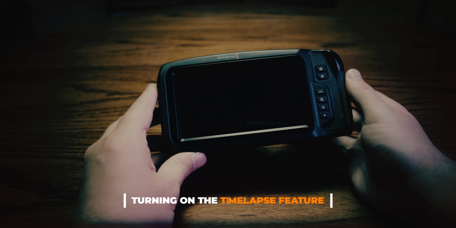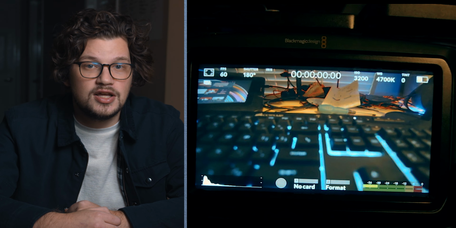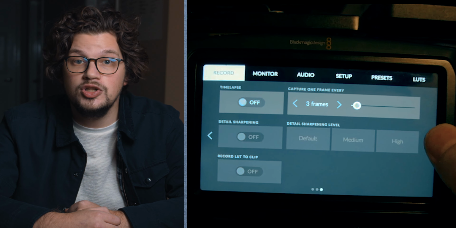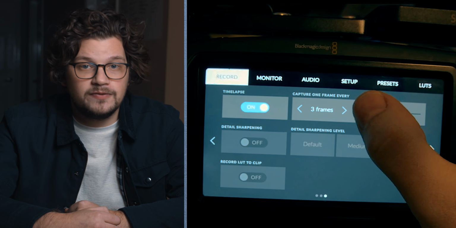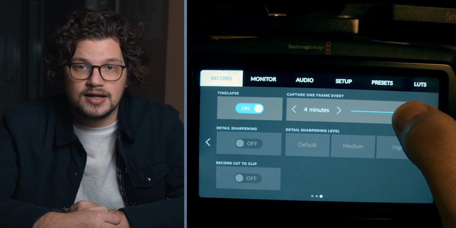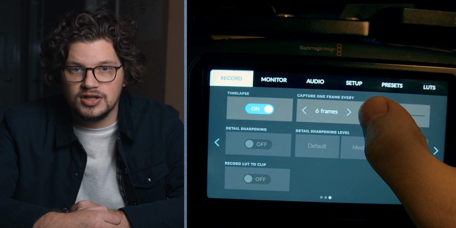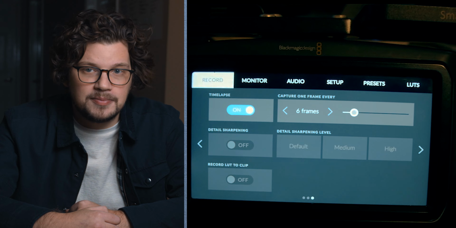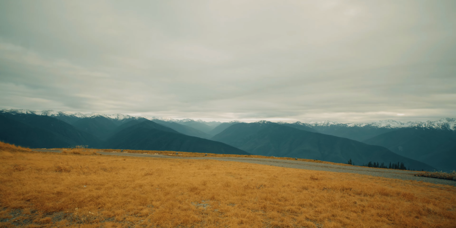Let's take a look at how to turn on time lapse in your device. To turn this feature on, start by going to your record settings and go to the record option. The toggle to turn time lapse on and off is the first thing you see when you get there, so you're already off to a good start. To the right of the toggle, you have the options available to choose how quickly or slowly you want your time lapse to shoot. You can set this to seconds, minutes, or frames. Unless you are not familiar with how these different time-lapse settings work in general, the guesswork here should be pretty minimal. And if you need some advice on general time-lapse settings, I've included a link in the description to help. Once you have this set, then you are ready to shoot your time-lapse.